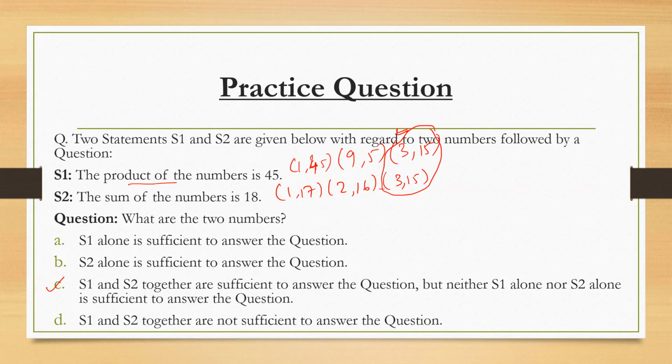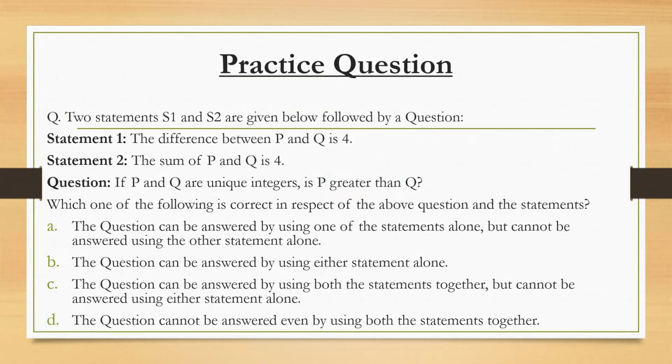All right, so if this is clear to you, now try another kind of question. Here it is given, if P and Q are unique integers, is P greater than Q? That is the question that has been asked, and two statements have been given. The first statement says,